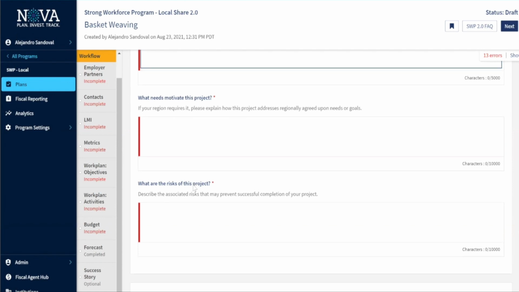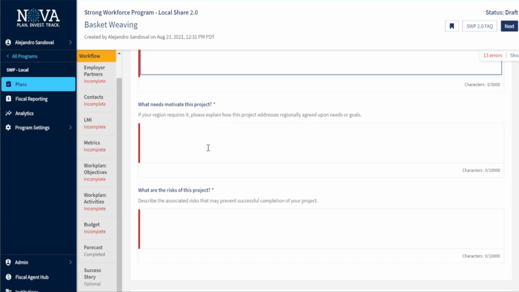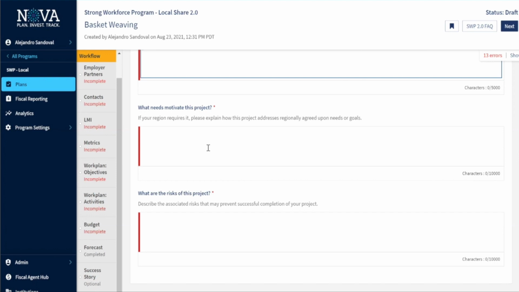A lot of times when we review these plans and they get rejected on the first round, it's severely mistyped, where the monitor can't really understand what the project is aiming towards. So please be sure that you're having the grammar and the spelling, as well as complete sentences, and just assume that somebody's going to be reading this, which we are, and we need to get an idea of how the money is going to be spent and how these outcomes are going to be accomplished for our students.